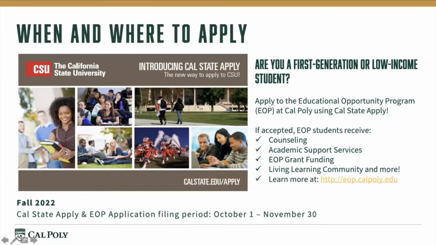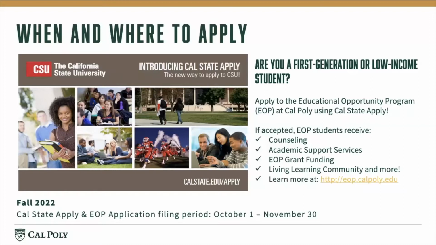Let's talk about when and where to apply to Cal Poly San Luis Obispo. Cal Poly is a part of the California State University or CSU system. There are 23 CSU campuses that are public universities across the state of California. Because Cal Poly is a part of the CSU system, we use the same application website as all 23 CSU campuses, which is listed in the bottom right corner of the photo and is